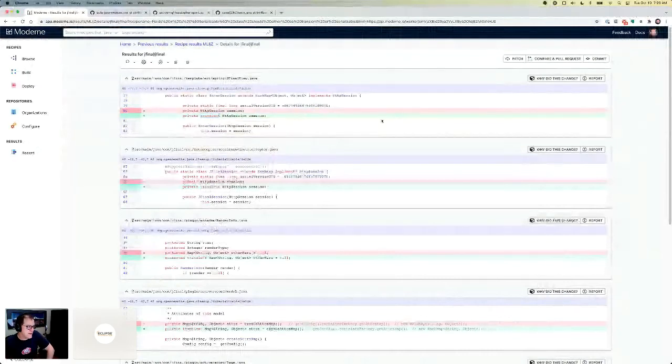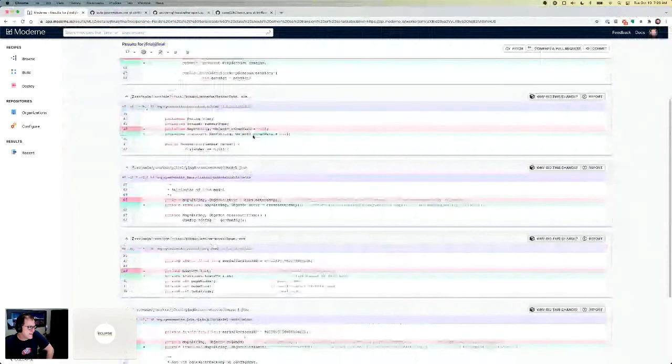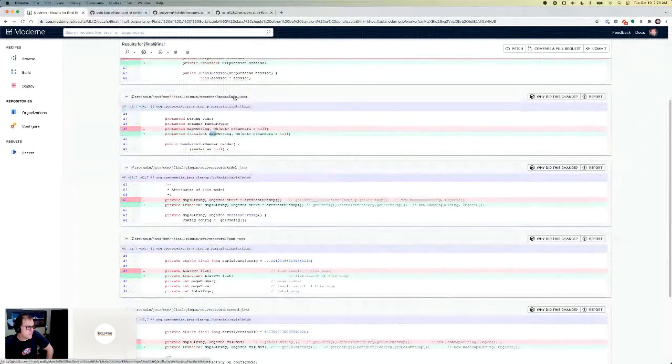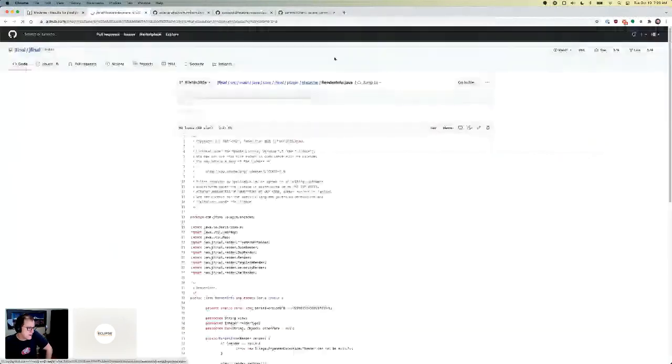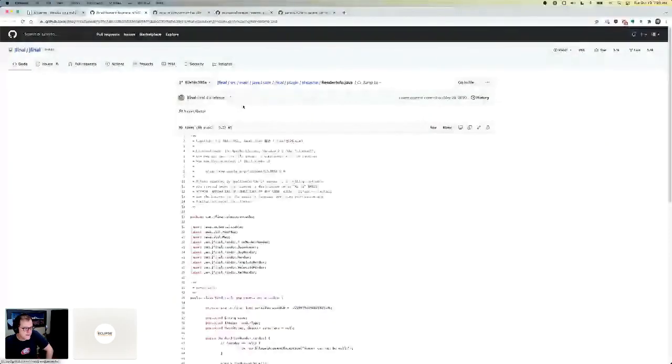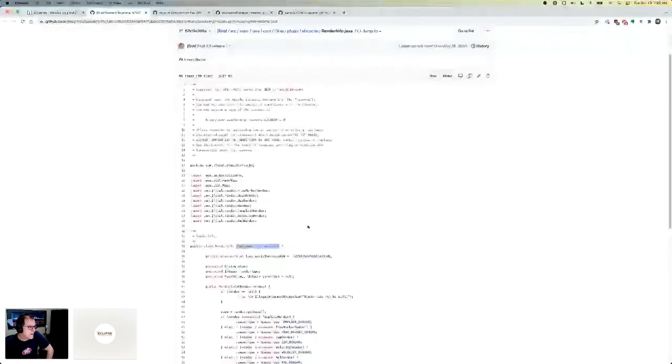So just gives you an idea. It'll kind of detect these sort of things. Again, here's a map. It's saying this thing has to be transient, because of course map implements serializable as well. So that's kind of interesting. You can see here this window info, and it's not always obvious that these things implement serializable. Like in this case, render info implements serializable. That's pretty obvious.